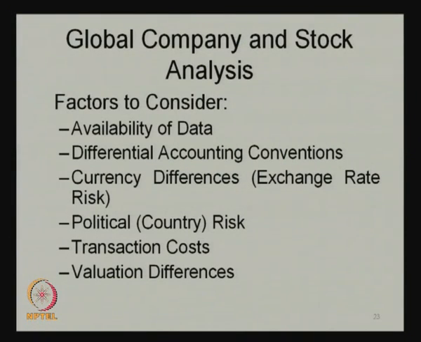Another thing one has to look at is stock valuation, because there are different companies across the world. So, one has to look at global companies, and stock analysis can be done, where certain things have to be considered, such as the data available for companies from different countries. The companies may have different accounting conventions, so one may have to make some accounting adjustments, certain accounting normalization. There could be currency differences also, and the figures may be reported in different currencies, so adjustments have to be made. The countries may also have different political risk.